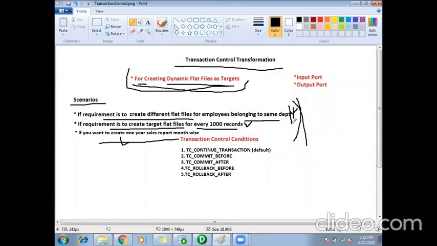We cannot create tables dynamically using transaction control; it is only for flat files. If I use a table as the target of my transaction control, it won't create multiple tables, but it will do a commit, which we'll see later. Dynamic creation is restricted to flat files here.